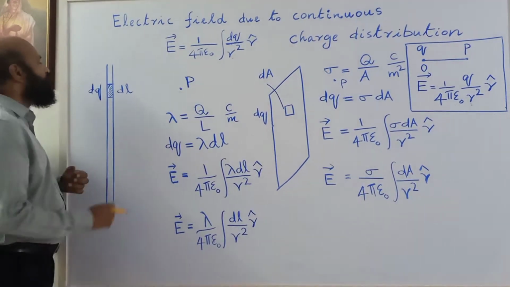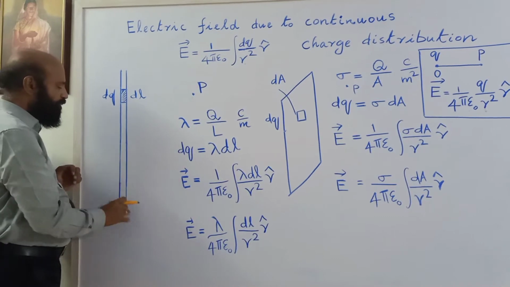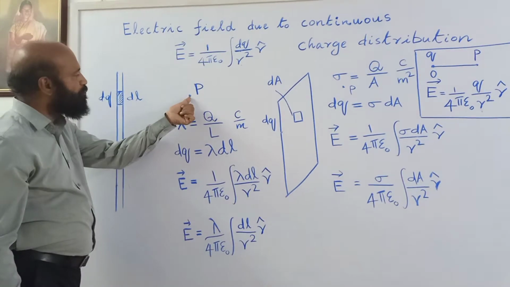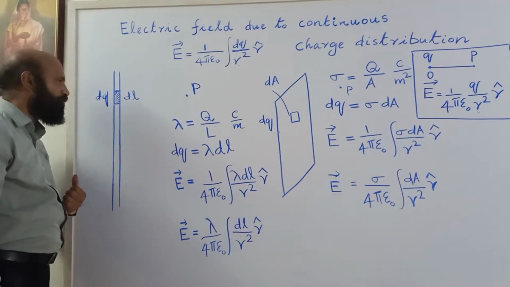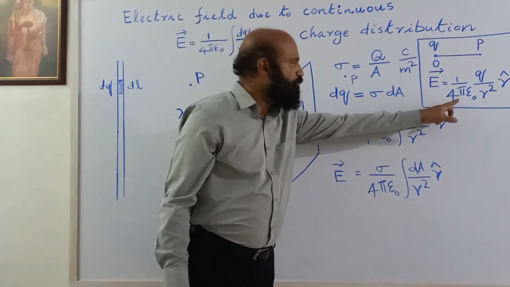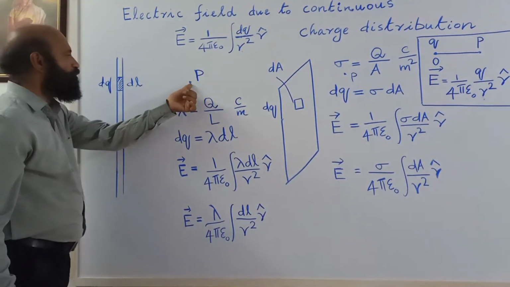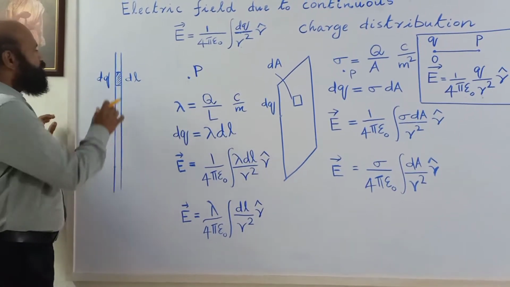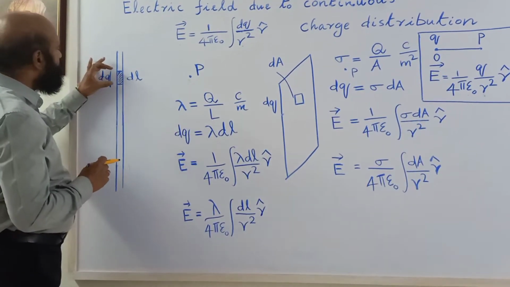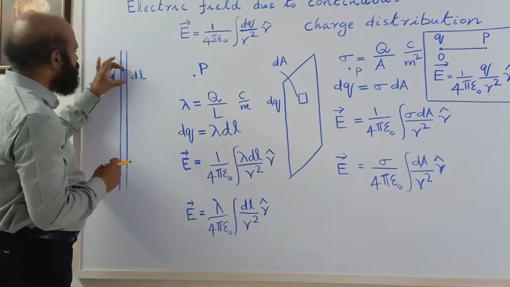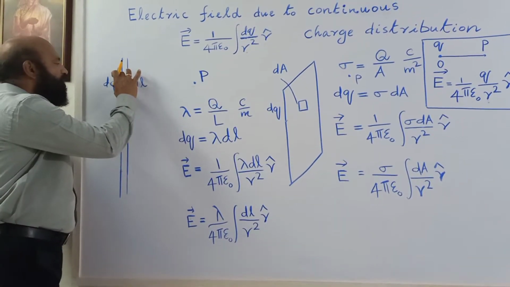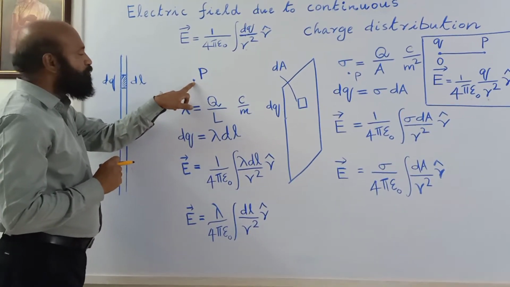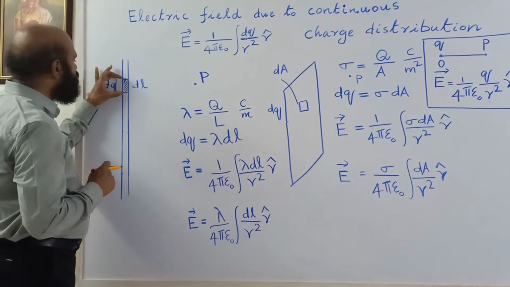First let us see linear charge distribution. Here charge is distributed on a wire. We have to find out the field here due to this linear charge distribution. Directly we cannot use this formula to get the electric field because of the total charge distribution. We have to divide this wire into small charge elements of length dl. Charge on the charge element is dq. Then you find the field here due to this small charge element,